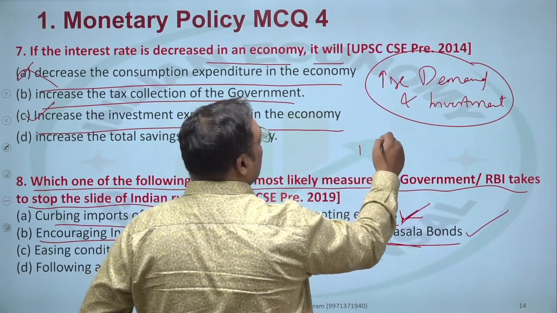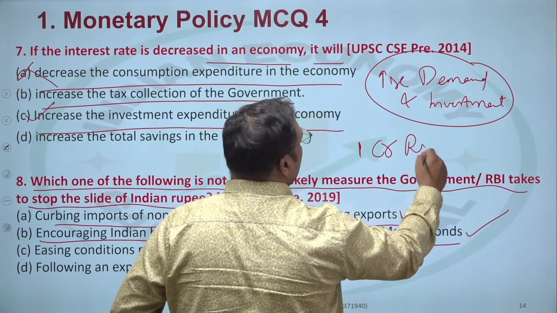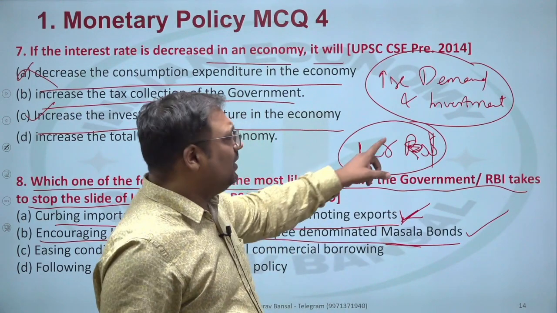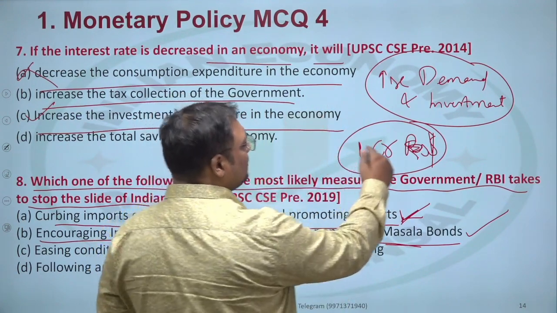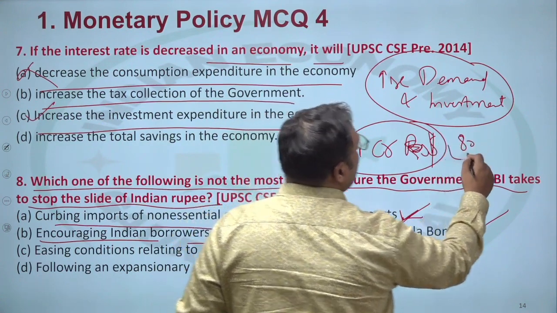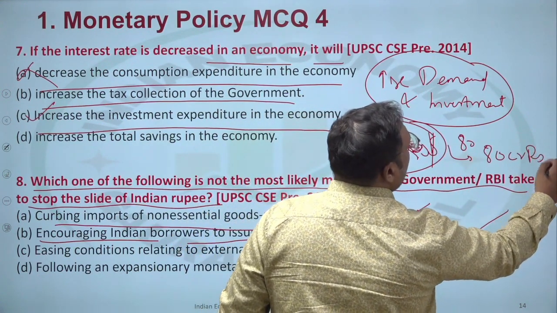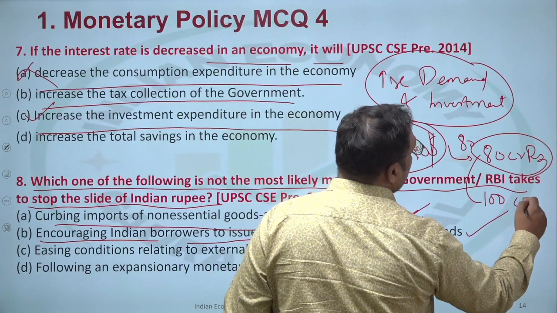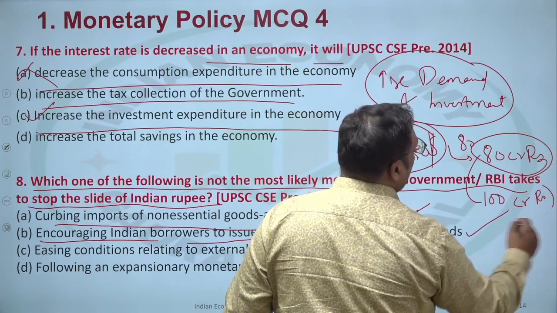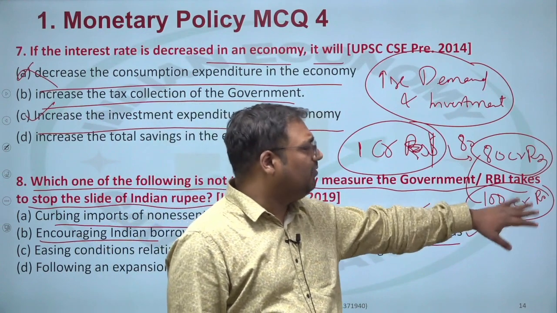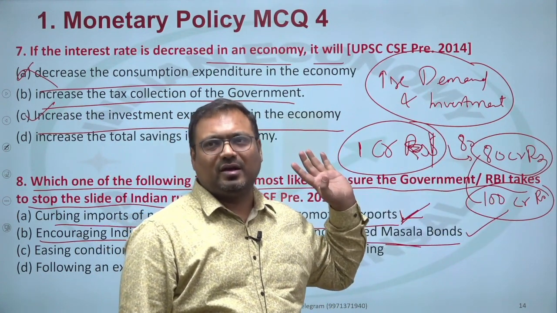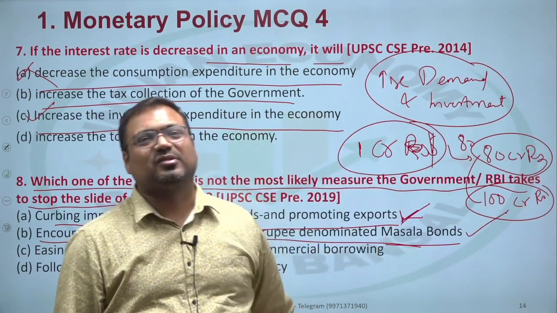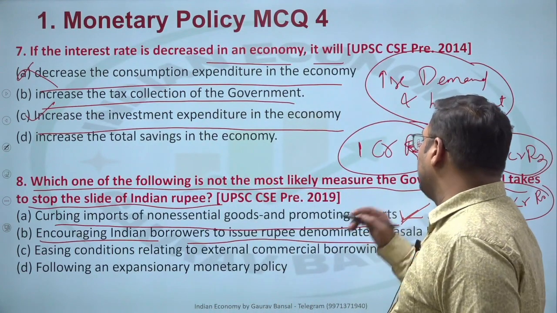I want to take a loan of 1 crore rupee. Okay, I define, okay, 1 crore dollar, let us say. So I define that this is denominated in rupee. Today exchange rate is, let us say, 80. So this is equal to 80 crore rupee. According to the agreement, we will pay you 100 crore rupee after 2 years or 3 years. After 3 years, we'll pay you 100 crore rupee. Meanwhile, exchange rate can change. You are not bothered by that. Whatever is the value of 100 crore rupee, then in dollar, you will pay that. So that is masala bond. Masala bond is rupee denominated.